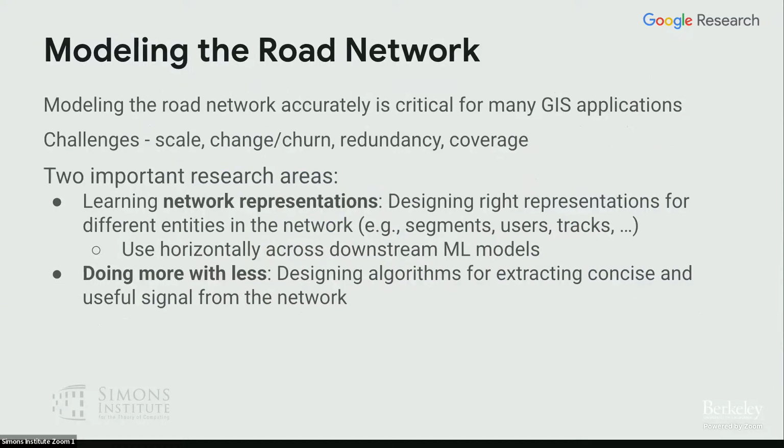And the last big area here is not last, but one of the other big areas is understanding the network itself, right? So like I said, we have all this information. Now, how do we succinctly deal with this information? Representing it is one. And of course, getting this information itself is the other. So can we basically understand this network better in terms of how we get the information, what we call the quality of our lens, right? The quality of lens that you focus on a particular part of the network to get information about the state of the network, right? And that itself is a non-trivial problem.